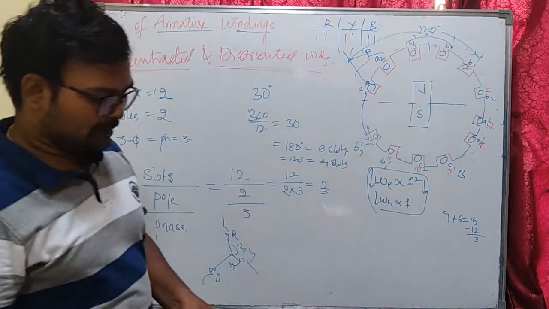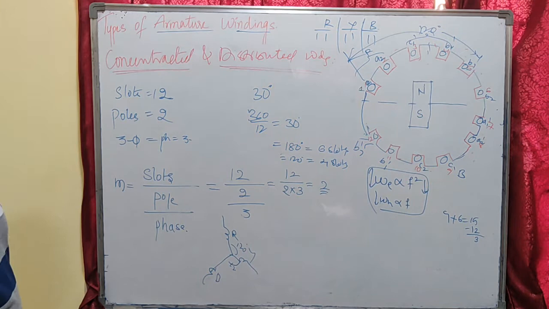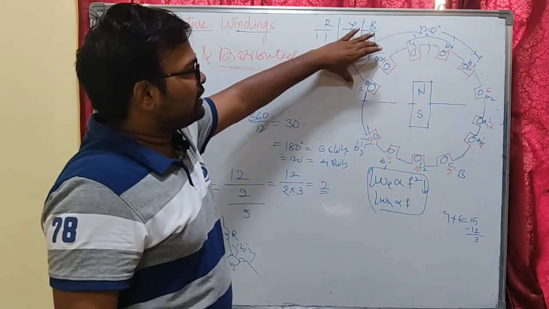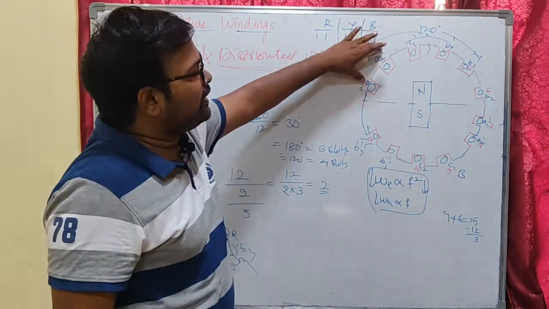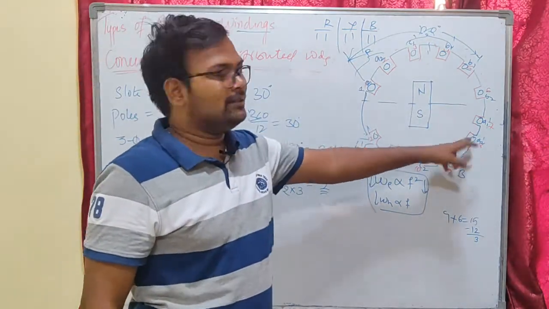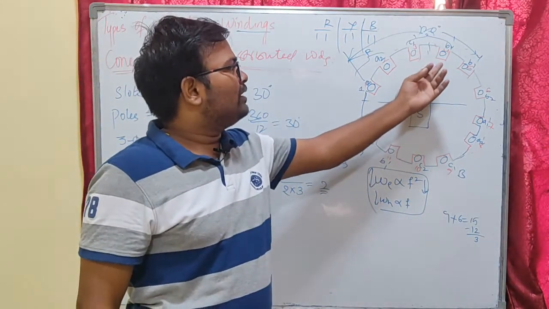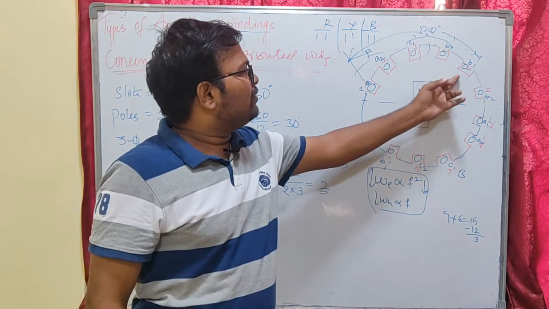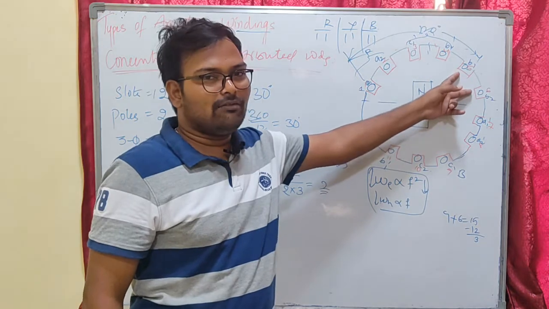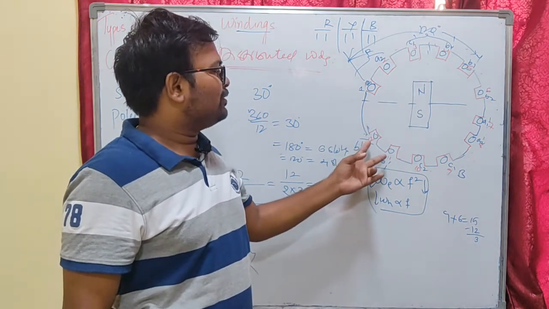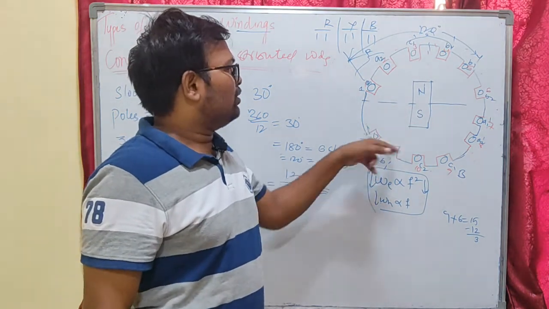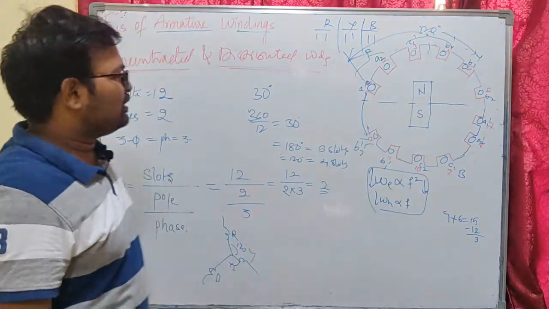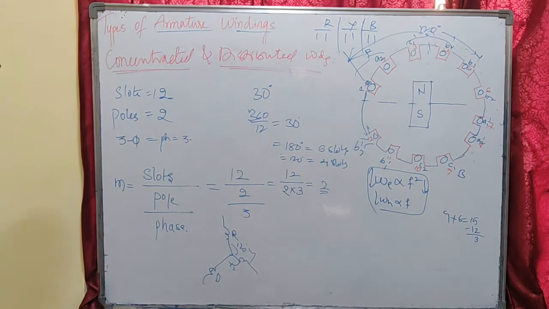So this is the arrangement of windings under each pole and each phase. Okay, you can see here for R phase you are getting two coils, A1 A2 and A1 dash A2 dash, and for Y phase you will be having B1 B2. Okay, for Y phase you are getting B1 B2 here, these two are the Y phase coils and they will be placed opposite, one pole pitch away, and for B phase you will be having two coils C1 C2 and the opposite sides. So this is how you are going to place the windings in the slots.